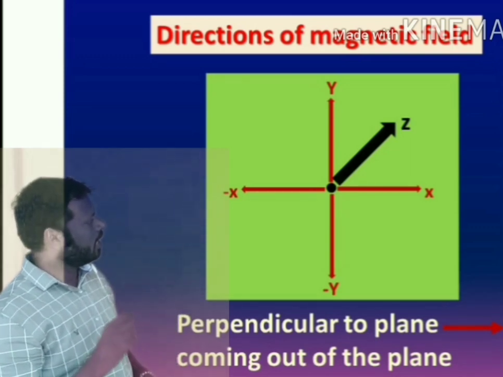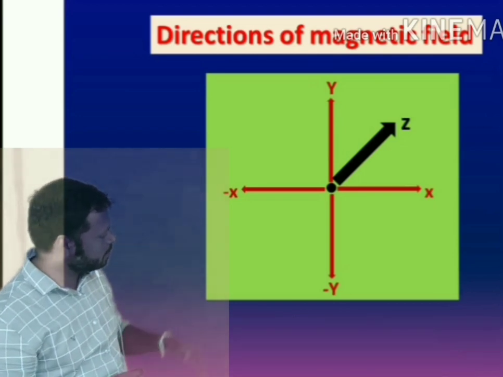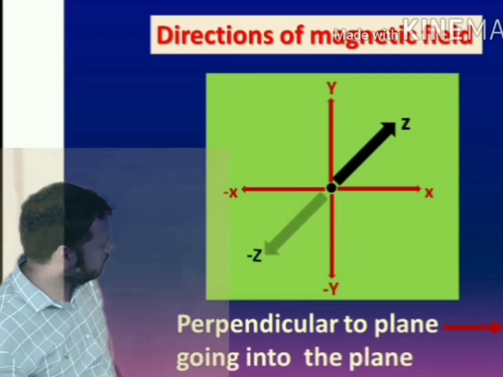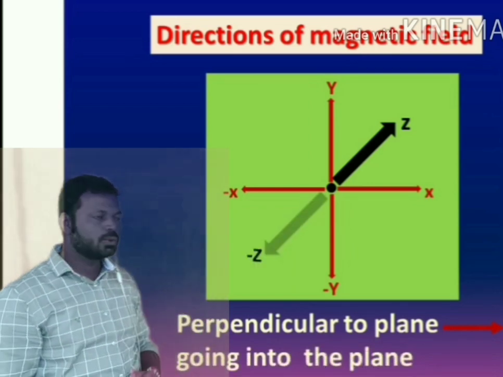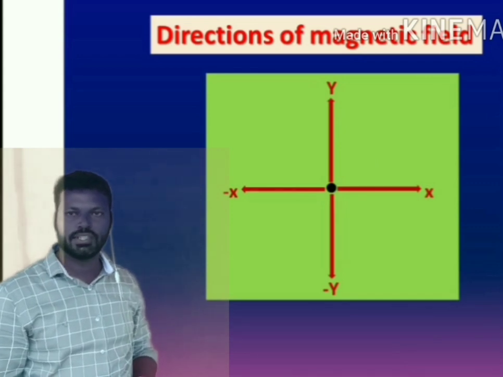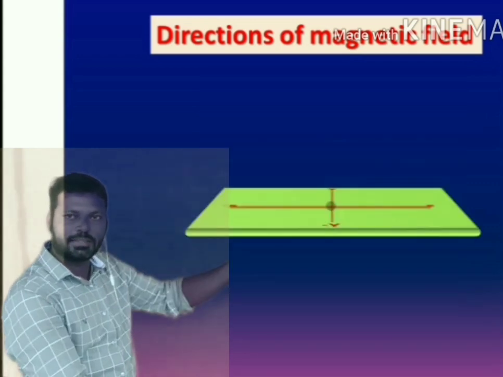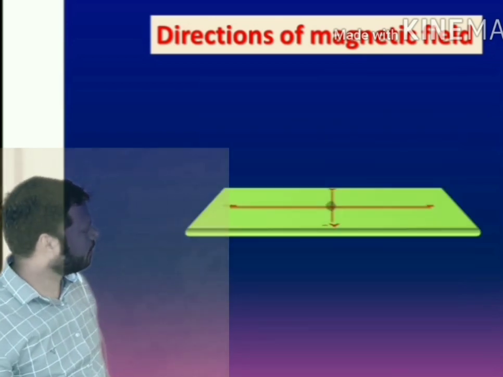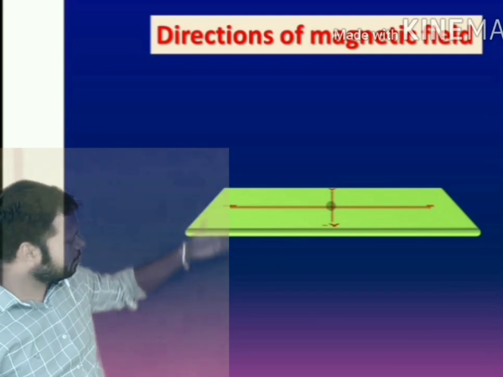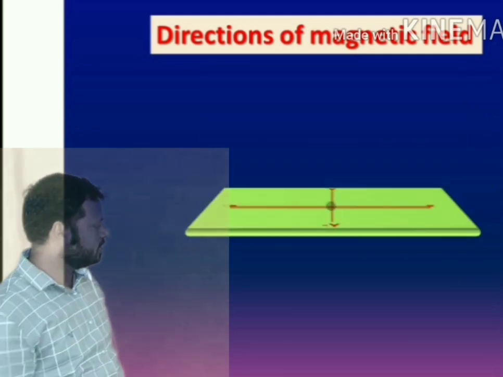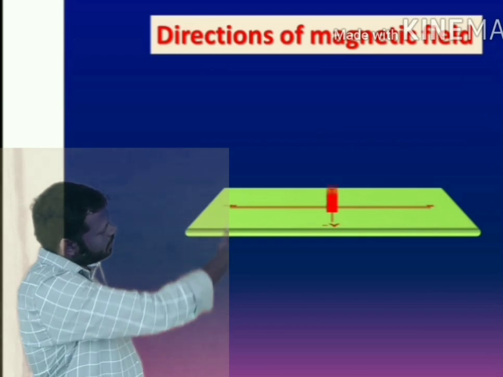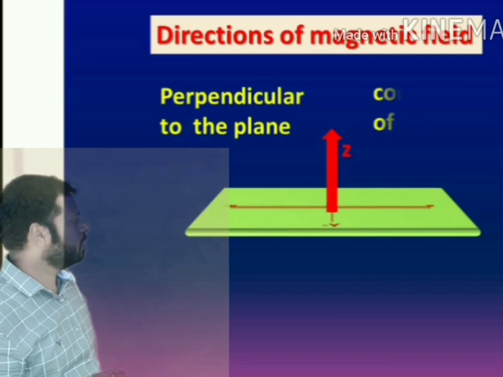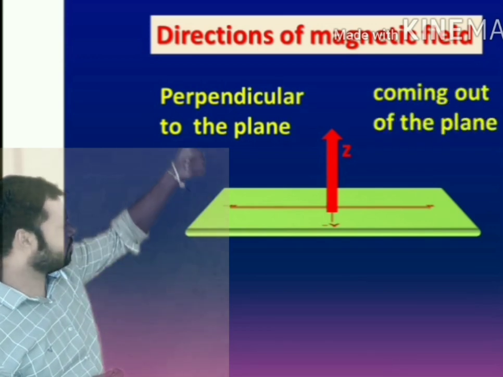Now similarly identify negative z direction. It is perpendicular to plane and it is going inside, that means away from you like this. But to identify z direction, what I am doing here, just rotate this plane by 90 degrees like this. Now see here, before this z direction is coming towards you. Now my z direction is going in upward direction like this. Now this is my positive z direction, perpendicular to plane and it is coming out of the plane.